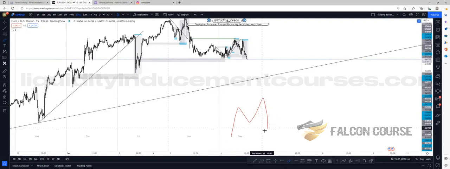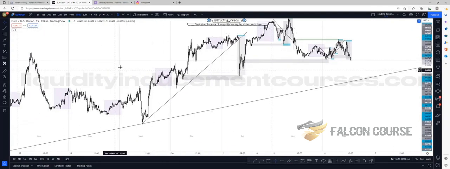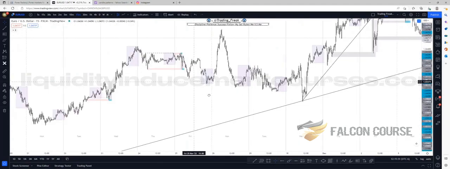All right, Asia could be here. Asia could be the actual inducement, the thing that takes out the inducement and then continues to go up higher. So Asia could be either liquidity to be taken, or it could actually be the point that does the taking of the liquidity. So don't just assume that Asia is just a liquidity point, because you'll see sometimes Asia actually is strong.